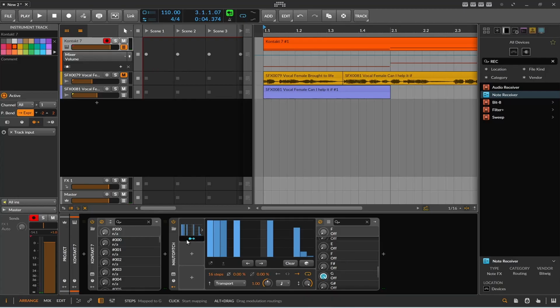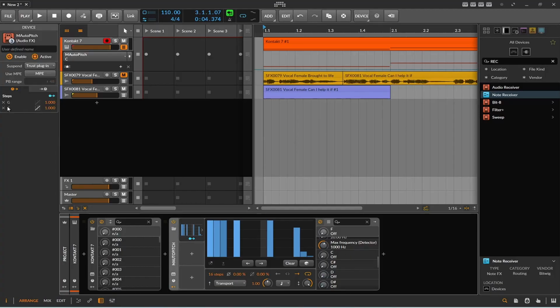Although I got G automated, maybe I can do C off and on because I think neither of those is a C. Let's remove the G. Of course, the artifacting is coming from the build up to that voice, where it's not starting at that note, she's getting to it. But overall, I think MAutoPitch is relatively pretty cool for some really wild auto tuning possibilities